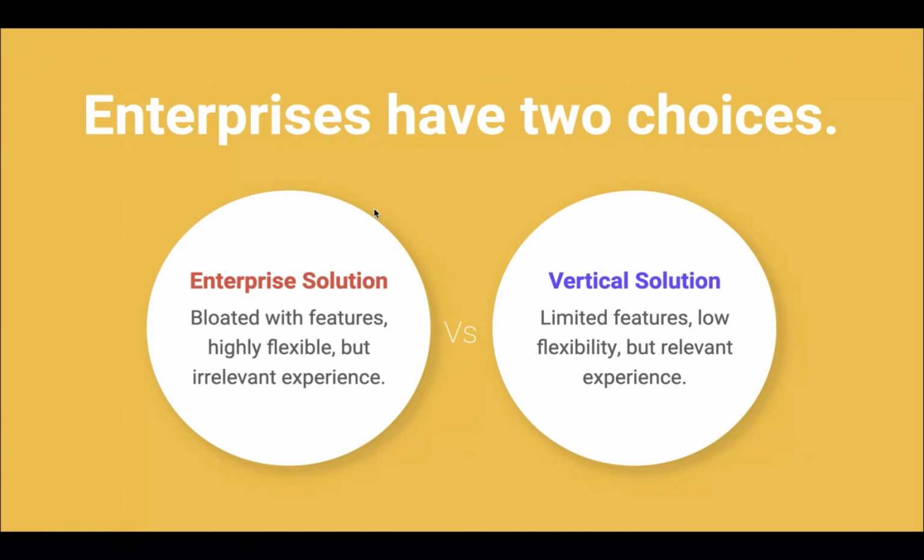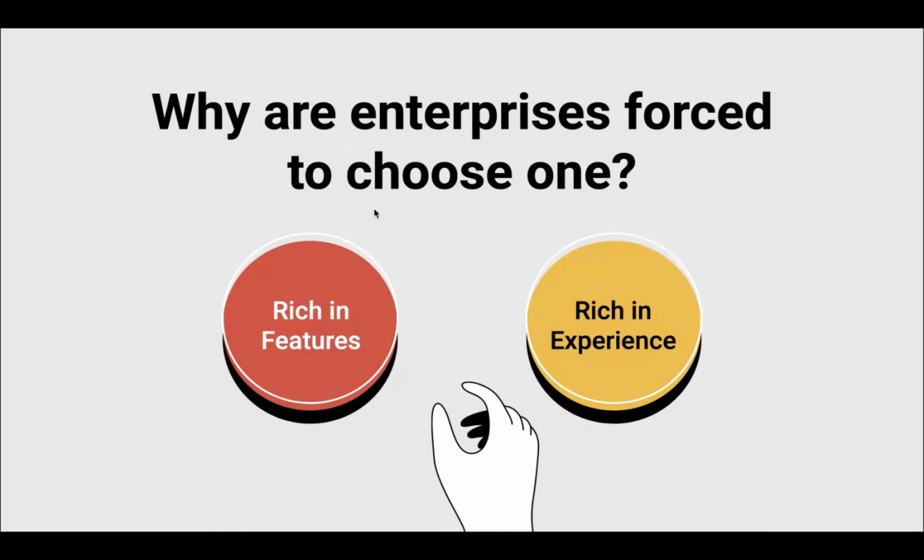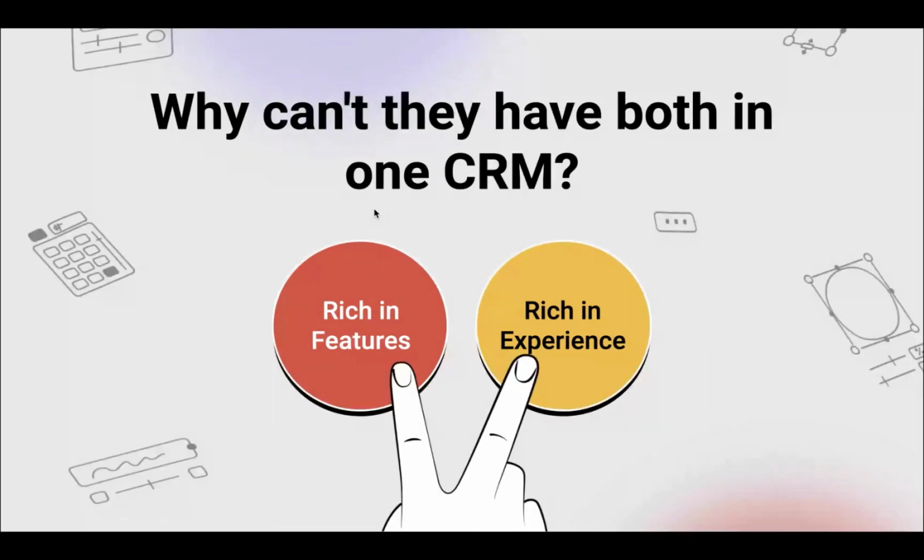Now, a prospective CRM buyer is forced to make a choice. They either go with the rich in features route at the expense of ensuring great experiences for their employees, or they go in the rich in experience route at the risk of not having a powerful solution, which is a competitive disadvantage. But what if they had both the benefits in one solution? That is possible, and that is what we're trying to achieve with Canvas. Let's put a pin on that possibility and move on to the next challenge: bad employee experience.